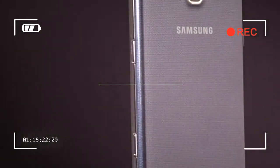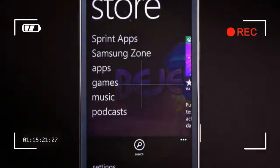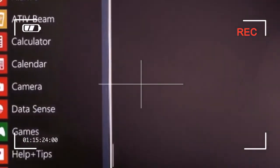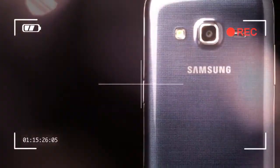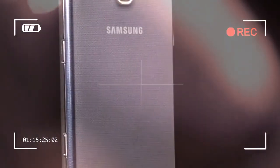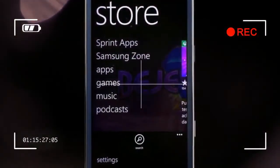We're not sure if it's the Neo's extra thickness, 0.44 inches, versus the Galaxy S4's 0.31, or its extra heft, 5.08 ounces to the S4's 4.59 ounces. But the Neo feels slippery in our hand. We think the issue comes down to the Neo's more rounded backside. If you're prone to dropping your devices, or even if you aren't, we strongly suggest